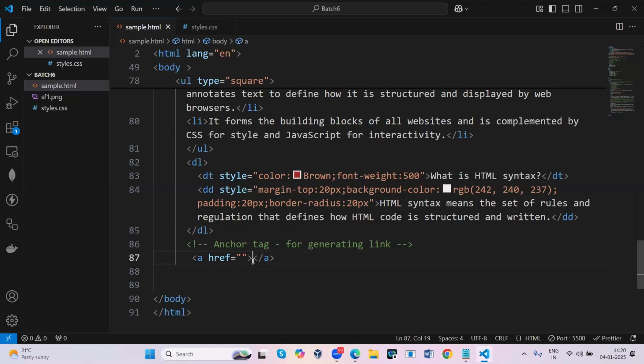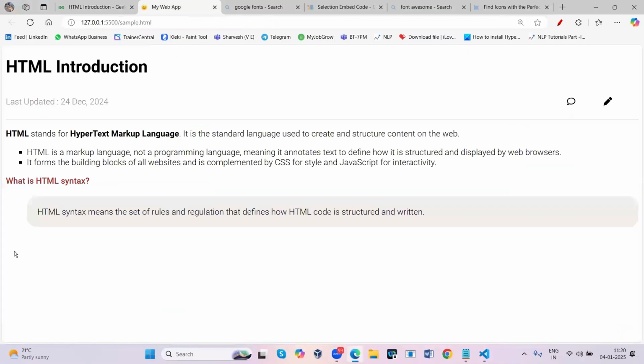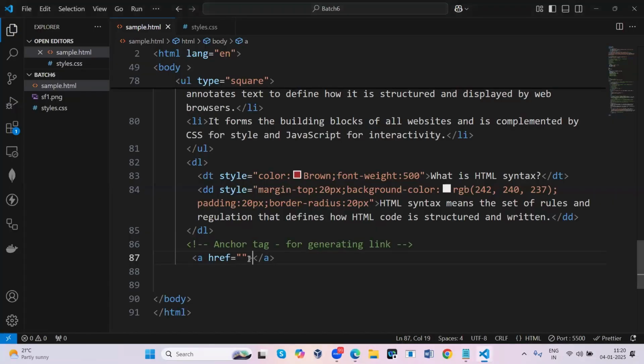If you don't give it, you cannot identify it. If you open your document, can you see anything? You will not see anything. If you have an icon, text or image, when you move your cursor, the cursor will turn into a hand symbol. If you write nothing, you cannot see anything.